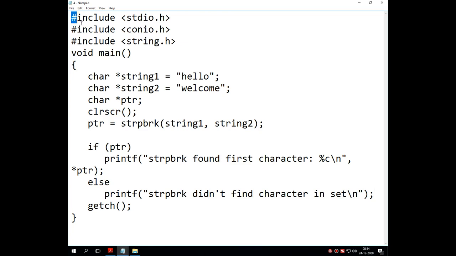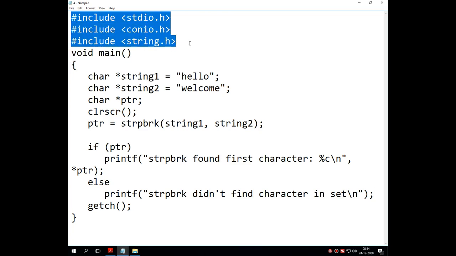Now just try to focus on the logic and the instruction set that I have mentioned in this program. #include stdio.h, conio.h and string.h, where string.h is the pure string handling library that we need to include in this program for executing the strpbrk function.